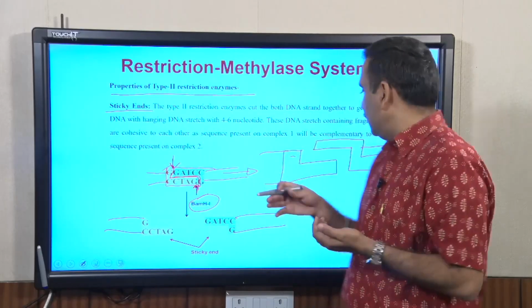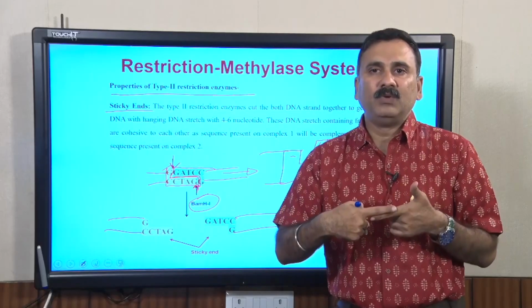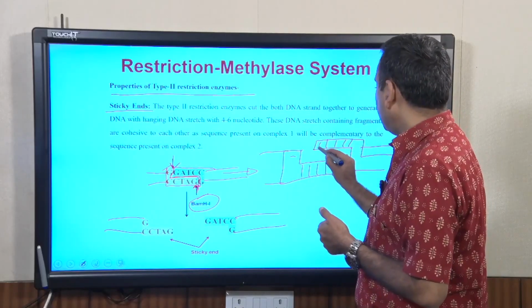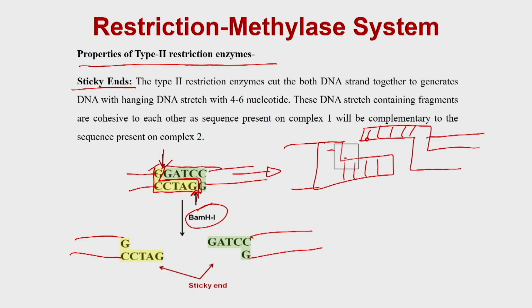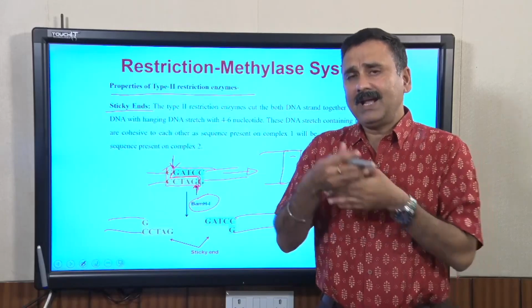which means you are actually generating the sticky ends, and these sticky ends are going to be complementary to each other. If you have these two fragments and you put them back together, they will spontaneously come together and bind to each other, because the nucleotides you have here are going to be complementary to this one. This one is going to pair with this one. So, they will spontaneously find each other and form the hydrogen bonding,